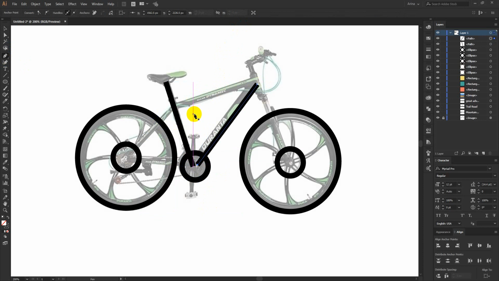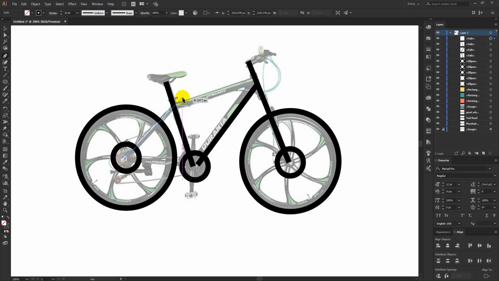Okay, so for this design I have to keep in mind that I have to make each and every part separate. I cannot just join them, and why that is I will tell you in a few moments. So just make some lines where we can see the cycles.